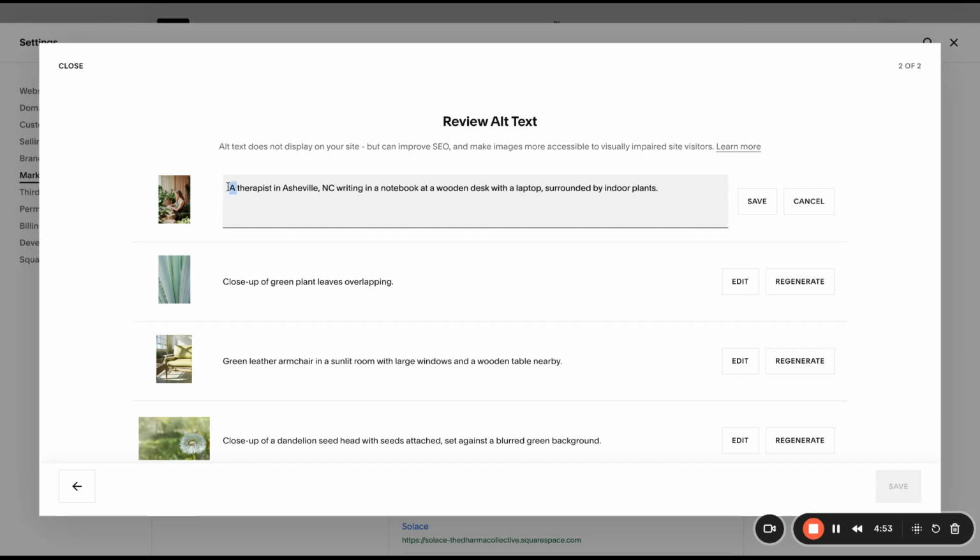Or maybe you say your first and last name, who is a therapist in North Carolina writing in a notebook at a wooden desk. So you can also infuse those keywords. Your name is a keyword, your vocation, your job title, and the location that you do it in, if you're purely location based, is also a keyword that someone might be searching for. So it's just important to go through all of the images here, make sure that the image alt text